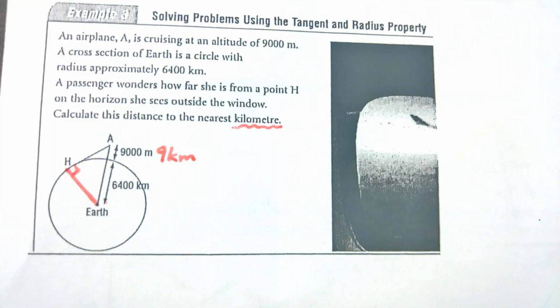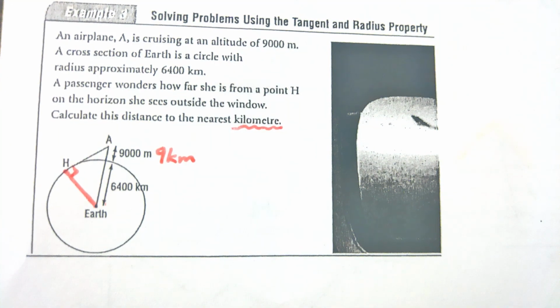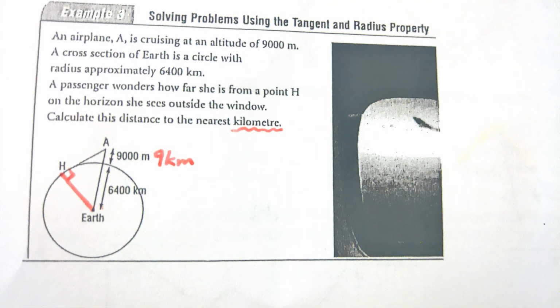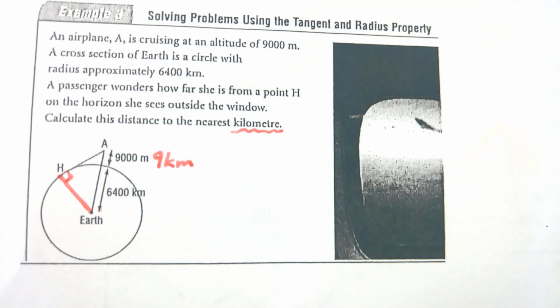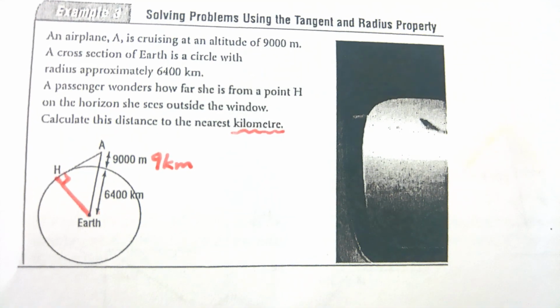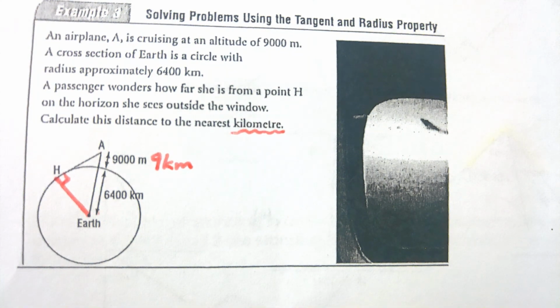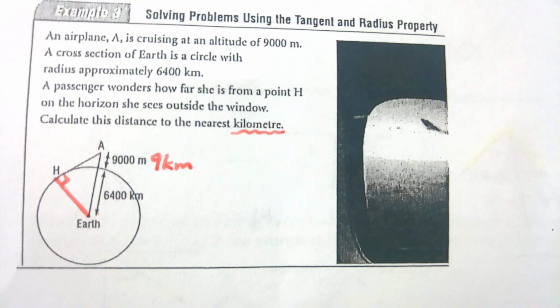Whenever we see a right angle triangle, it should be automatic now: Pythagorean theorem. But I only have one length. How do I do Pythagorean theorem with one length? Do I know the other length? Yes, you do. What is the other length? The radius is approximately 2,000. It is. Why? Because